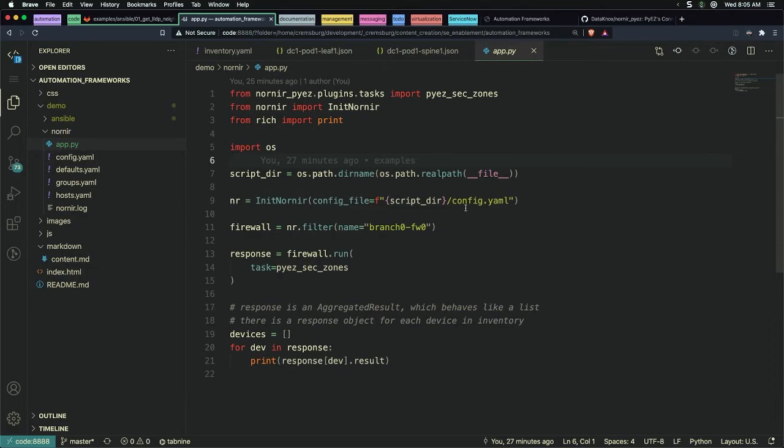If that doesn't make sense, I'm basically overriding the defaults. I'm telling Nornir, I've got a file on my computer with some settings that I want you to use to do your task rather than rely on your defaults. Now I'm creating an object called firewall, and I'm setting it equal to that Nornir object we created